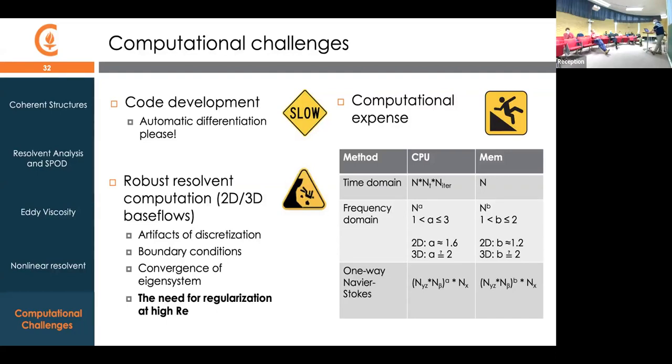They bring down the cost of doing the LU of the system to, you know, powers of 1.6, or up to maybe 2, times the number of degrees of freedom. So that makes it plausible, at least, to do two-dimensional base flows with this. But as you push up the grid, that still pushes the boundaries of what you can compute. And the reason isn't because of the CPU, it's because of the associated memory requirement for these direct solvers. So you run out of memory long before you get bored of waiting for the results.